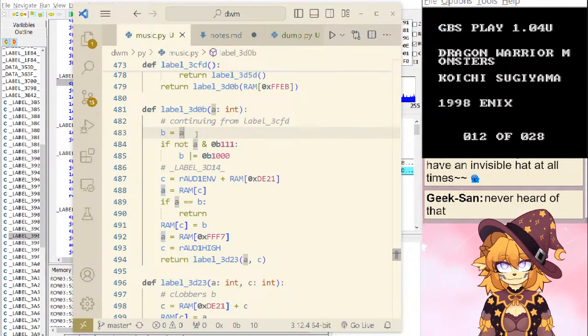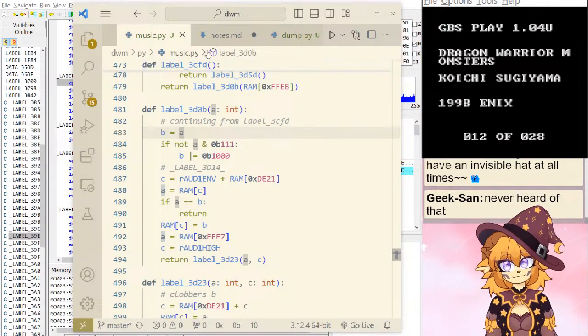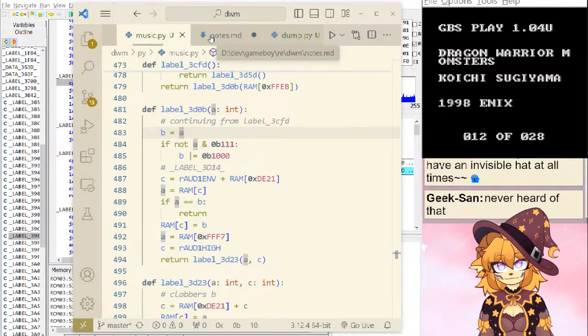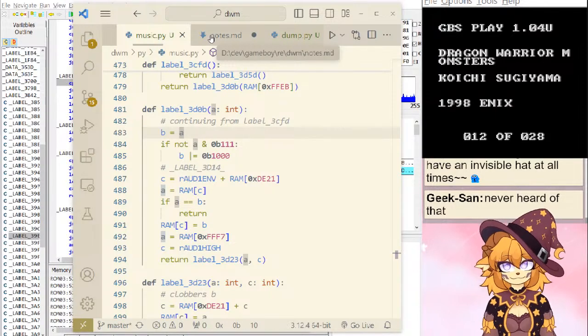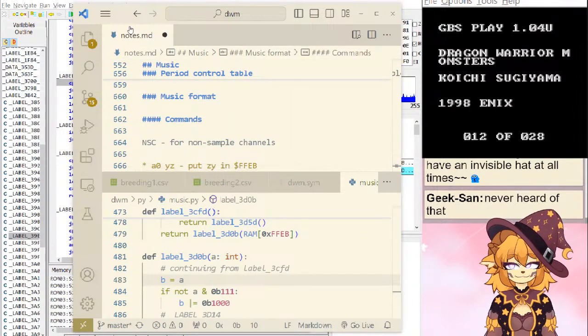I must have an invisible hat at all times. Never heard of that. Never heard of invisible hats. Or the brain shrinking. Whoopsies, what did I do?